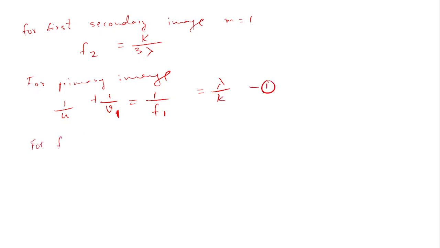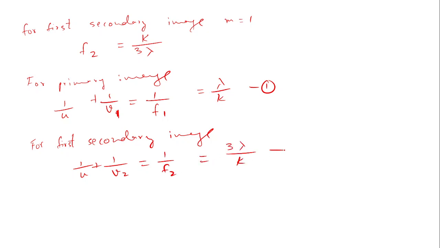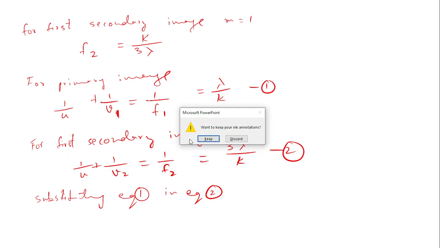For first secondary image, 1 over u plus 1 over v2 is equal to 1 over f2, which is equal to 3 lambda by k. This is our second relation. Now when we substitute equation 1 in equation 2, we get,